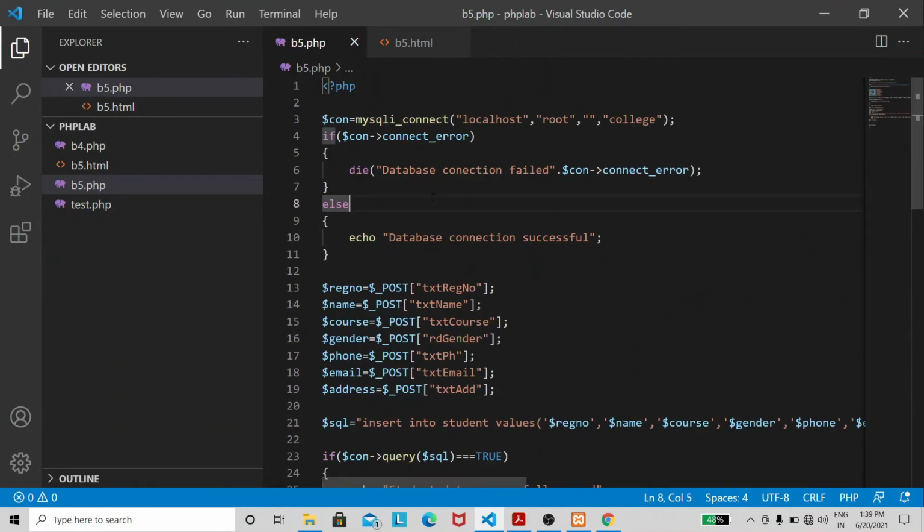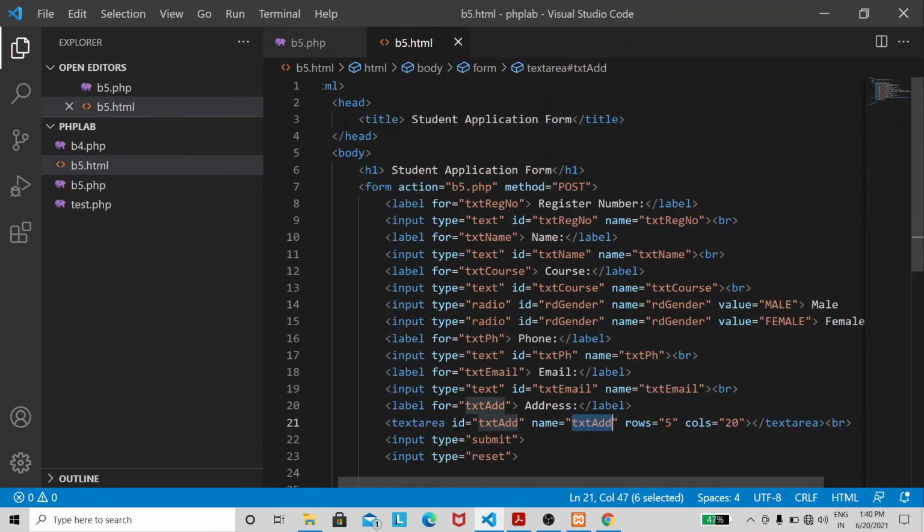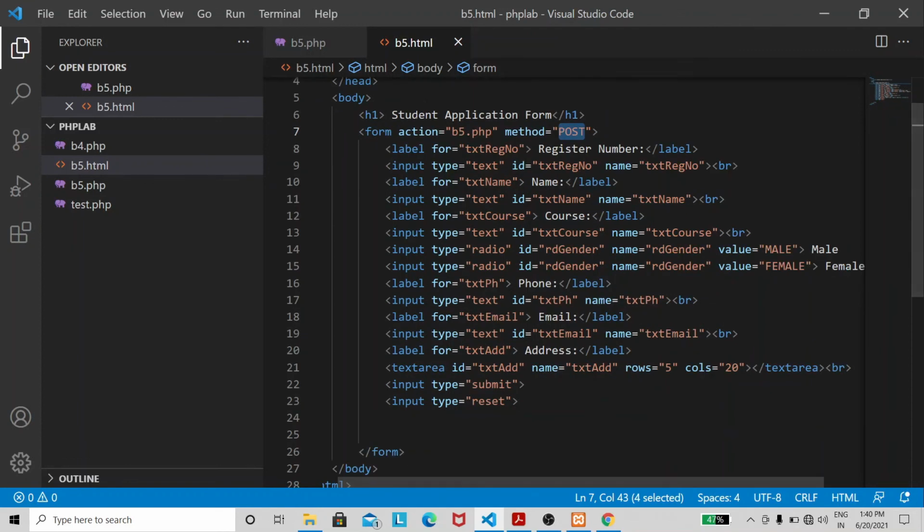I'm going to explain once again. So first we need to create an HTML file in which you design the form, and in the action attribute you're going to give the URL of the server file wherein all the data will be sent. Okay, and I'm using the method as post because I'm sending large quantity of data. So I've created a form like this. Okay, it is up to your creativity to beautify this display.